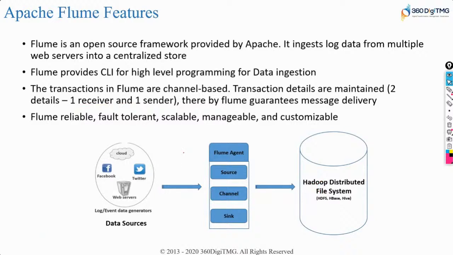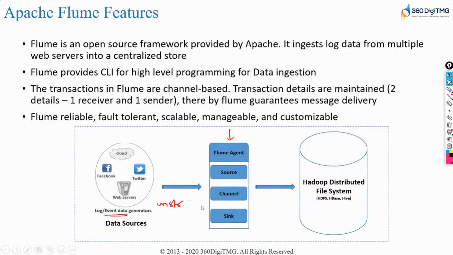Now, your Apache Flume has multiple components. We have something called an event. Then we have an agent. Event is nothing but data. Agent is basically your Flume software, which further has three components: source, channel, and sink. Using all this, we are streamlining the data from source to destination. And you have to remember again, friends, I'm talking about log data, which would generally be in unstructured format. It deals with unstructured data. So let us look into those